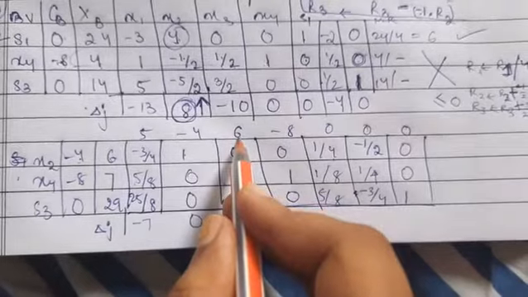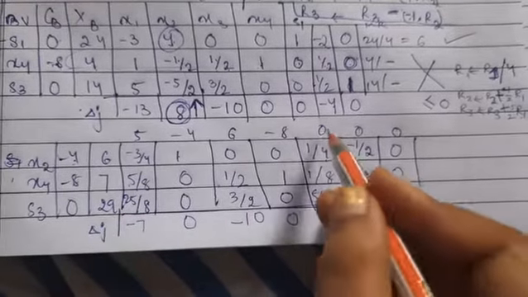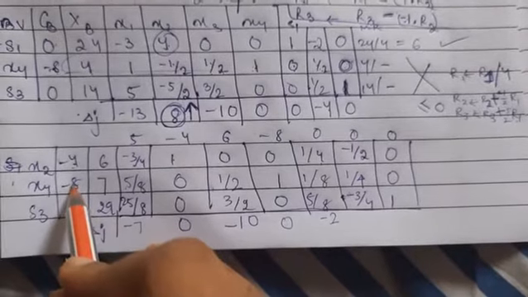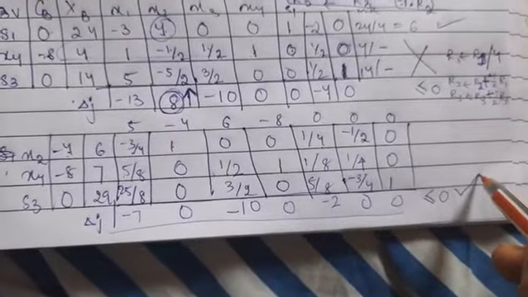Then for here it is 0. Minus 4 minus 6 is minus 10. Then here it is 0. Minus 8 minus minus 8 is 0. Here it is minus 1. Minus 1 minus 2 minus 0 is minus 2. And then this is minus 2 minus 2, sorry, plus 2. Therefore it is 0. And then here it's all zeros. So here all values are less than or equal to 0. That is, optimality has been reached.